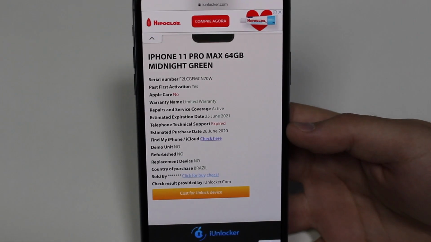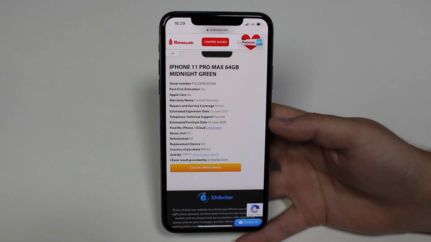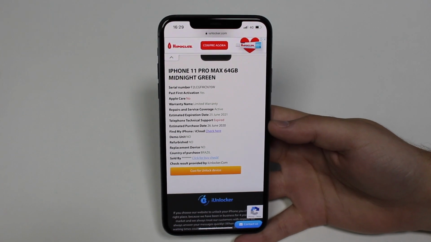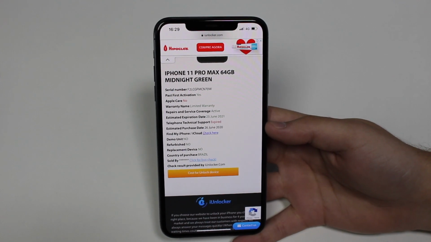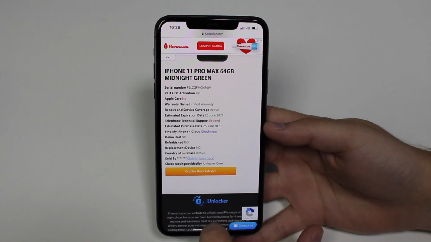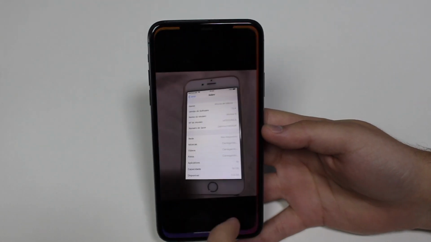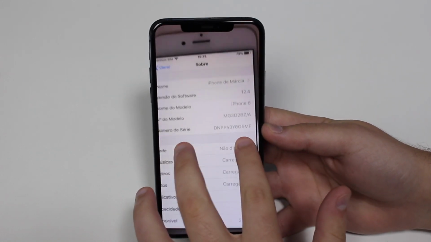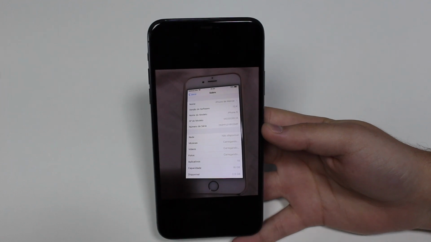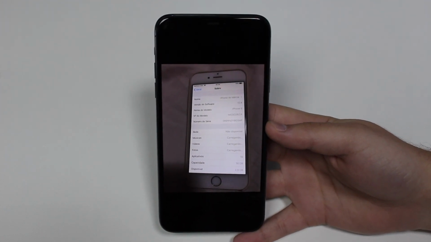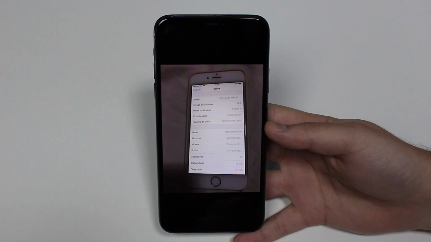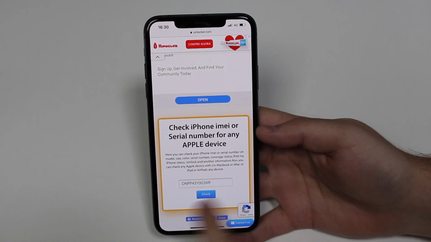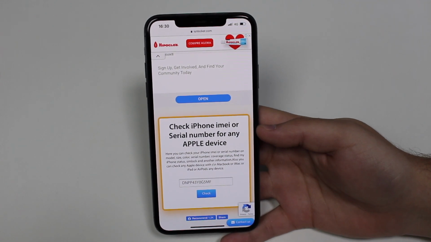And you may be asking yourself now, okay, but you could only check that because your iPhone is still under warranty. So if your iPhone is super old, it just won't show exactly. Well, let me prove you wrong by actually typing in this serial number from this old iPhone 6 that we have back at home. So I'm going to type in this old serial number right here, and we can check the exact day this was first activated, which was like 5 years ago.